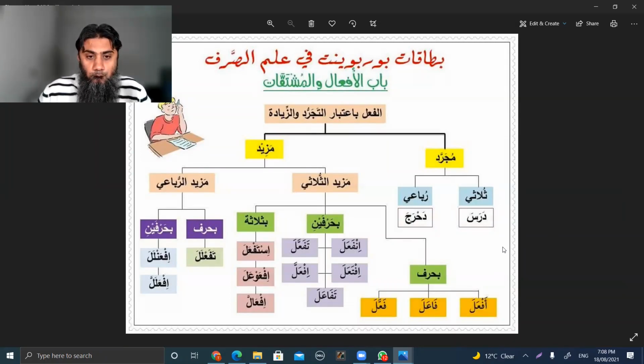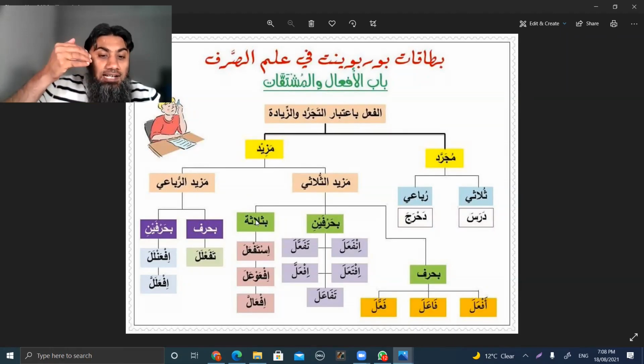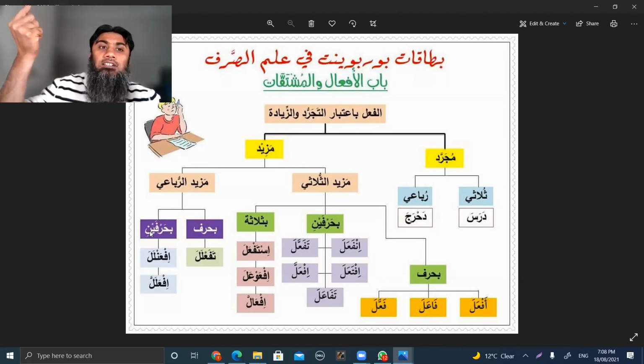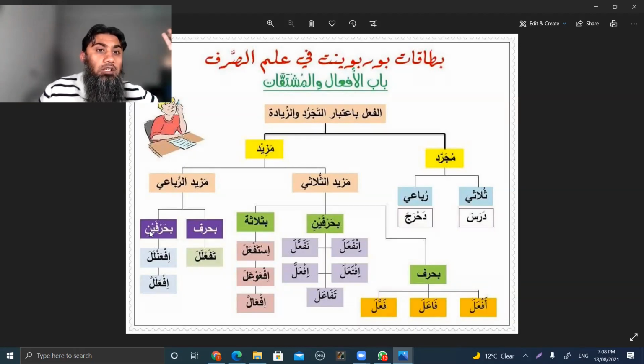Brother, I have a question: how many extra letters could be added? Like one, two, three, up to how many? This is the answer. If you are talking about the extra on original three, then it can be extra one or extra two or extra three. If you ask me about extra letters on four, then there are only two possibilities, either extra one or extra two. Basically, it depends: extra on what? Extra on three has three possibilities: three and extra one, or three and extra two, or three and extra three. In terms of original four, only two possibilities: original four plus one, or original four plus two. Okay, Jazakallah khair. And now